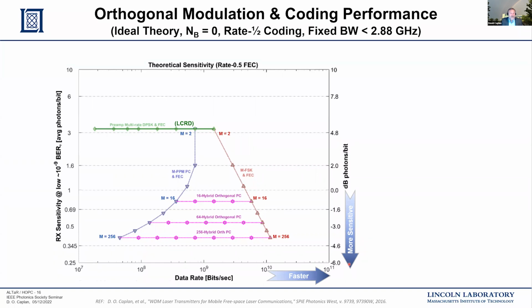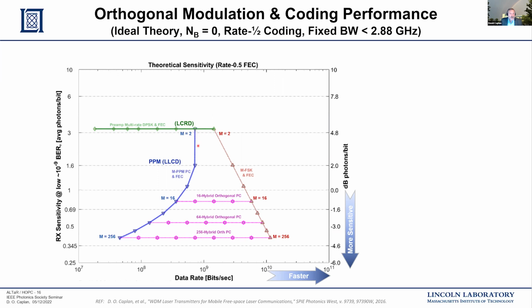So in the green horizontal curve, I'm showing you the theoretical performance of the multi-rate DPSK system that's used for LCRD combined with a half-rate coding. And this gives us a theoretical performance that's just over 3 photons per bit. By using the photon counting approaches that I've been talking about, for example, pulse position modulation of the type that was used on the LLCD system, we can